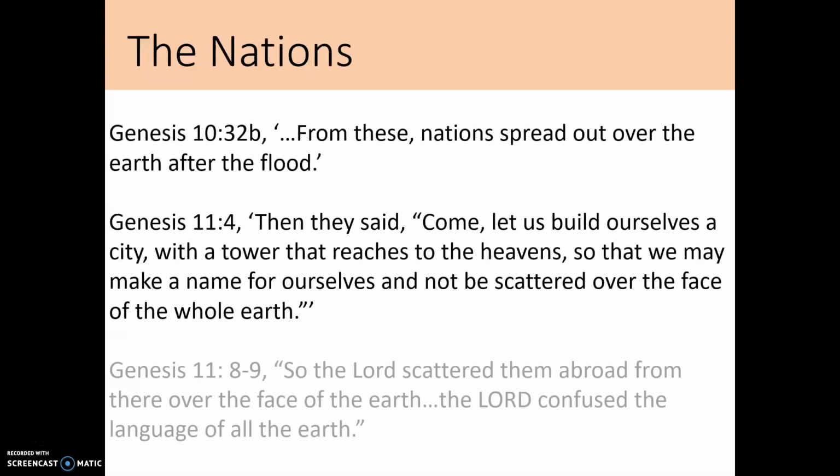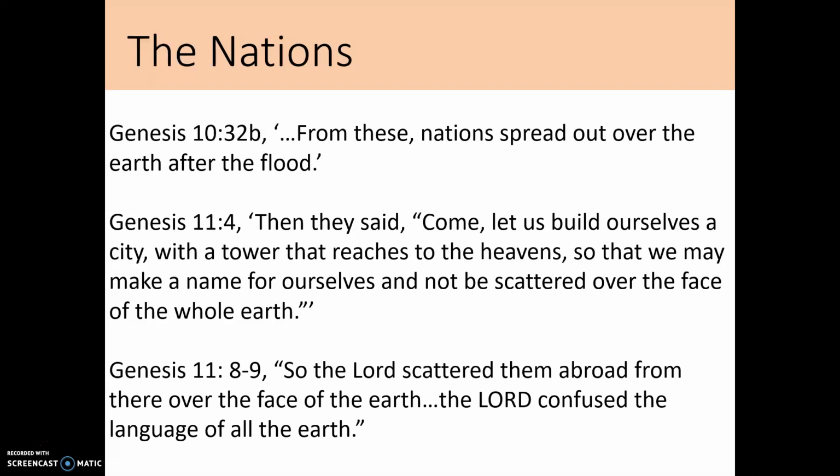When we get to Genesis 10 and 11, you see an account maybe to represent how humanity kind of expanded across the world. But then you also see another glimpse of this rebellion of humanity that we saw in the garden. In Genesis 11:4, humanity said, "Let us build ourselves a city with a tower that reaches to the heavens, so that we may make a name for ourselves and not be scattered over the face of the whole earth." And so you see this pride,